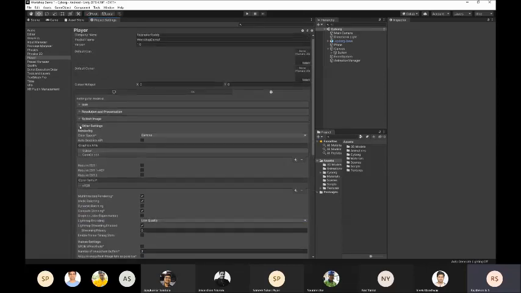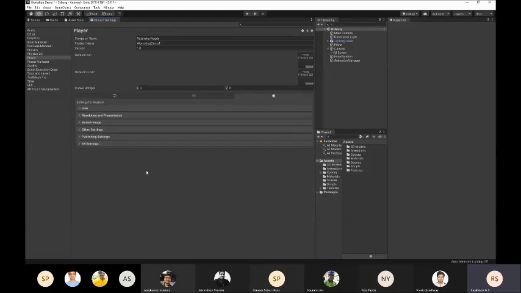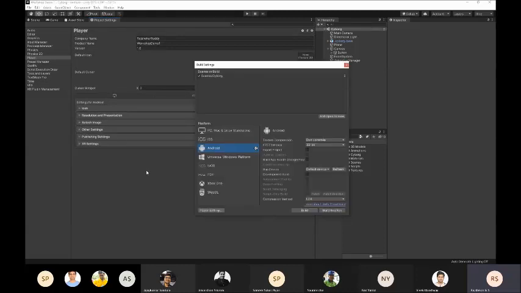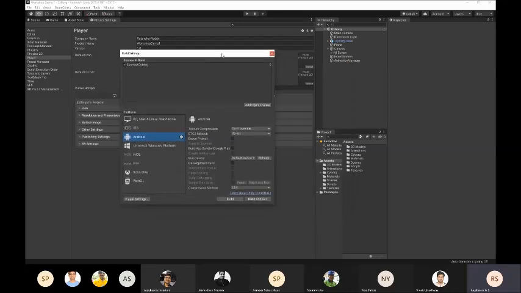Okay, so I'll close this other settings. Now I'll open my build settings again, Ctrl+Shift+B. And now there are two ways to build for your phone. One is you can have Unity generate an APK file, and you can move that APK file to your phone and install it. Or you can connect your phone via USB to your system, and you can select build and run.